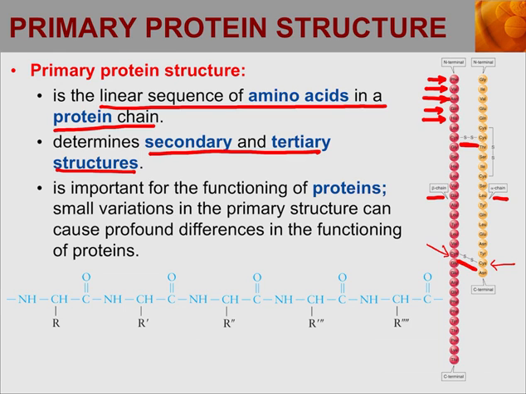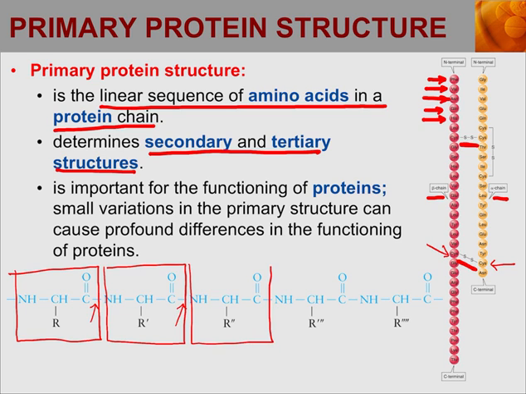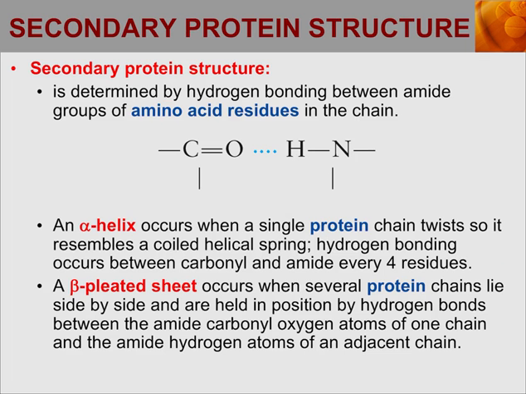Okay, so also when we stretch out that chain and just look at the primary structure, remember that we have these different amino acids that are all linked by a peptide linkage. So I'll just kind of draw a few of these. So we've got amino acid 1, 2, 3, and they're forming these amide bonds, these peptide linkages as we go down the chain. So keep that in mind because the next thing we're going to talk about is the secondary